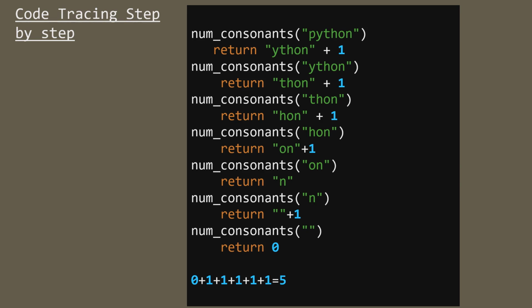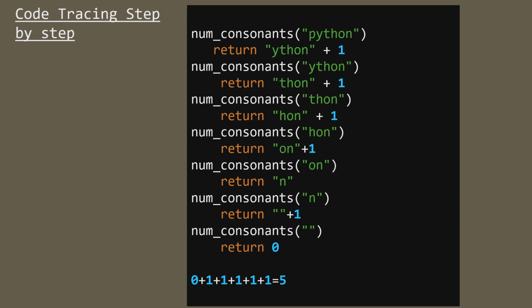So now your string becomes N, which will be passed as a parameter to the num_consonants function in the next recursive call, which will return an empty string plus 1. Okay, excluding the first character, the string becomes empty. Then finally it will meet the base case. That means if your string becomes empty, then it has to return 0 and your execution will stop over there.